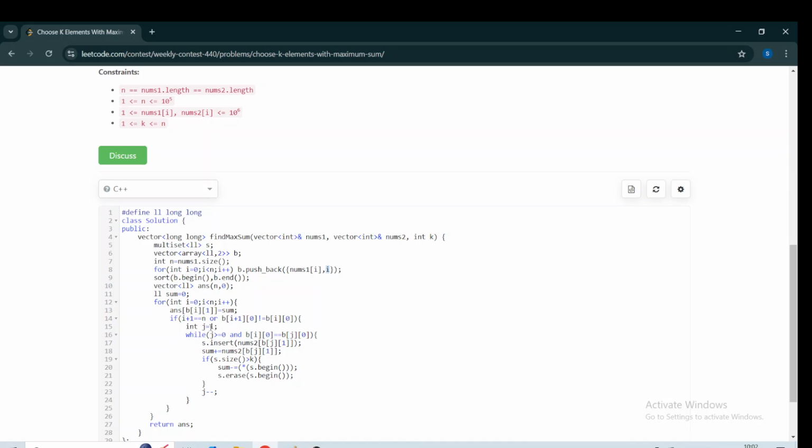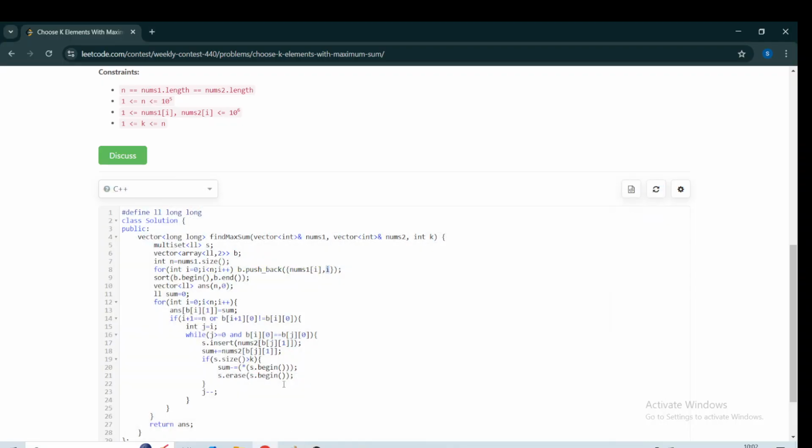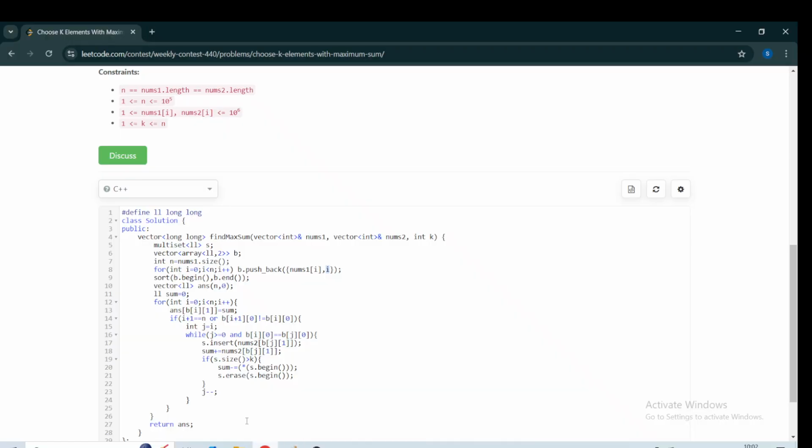Now we initialize j with I, and while j is greater than or equal to 0, so j is initialized with this value, and let's say 1 is here, and let's say 25 is here. So while j is greater than or equal to 0 and bi 0 equals bj 0, we'll change the value of j, and I will be fixed to this point. Now we'll compare bj 0 and bi 0. If these are equal, we'll add the nums to j value in the set,